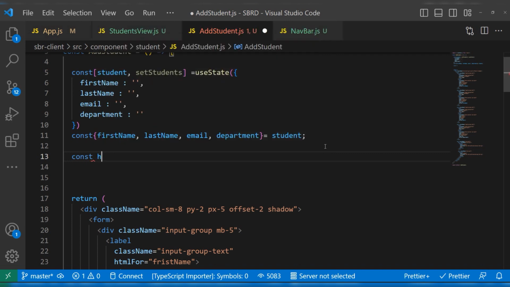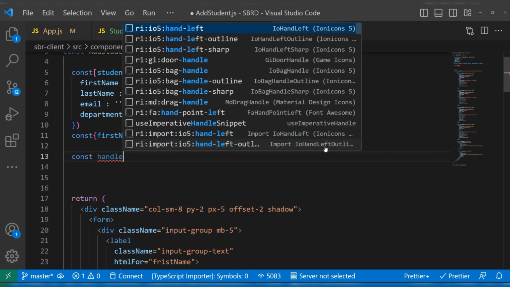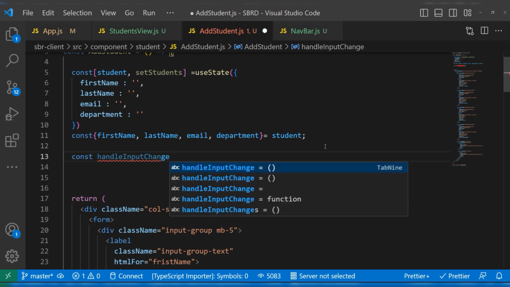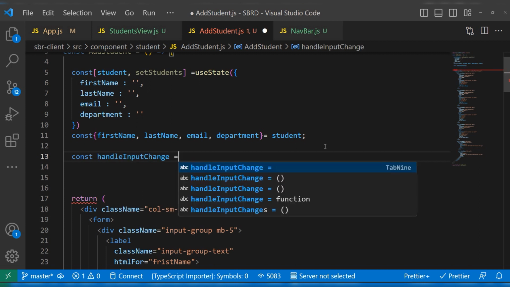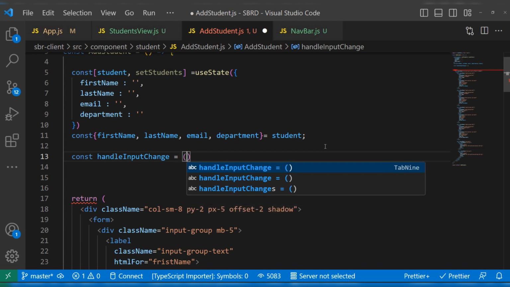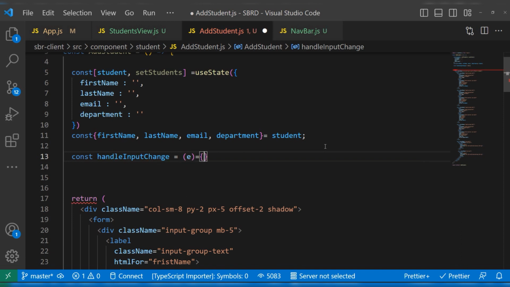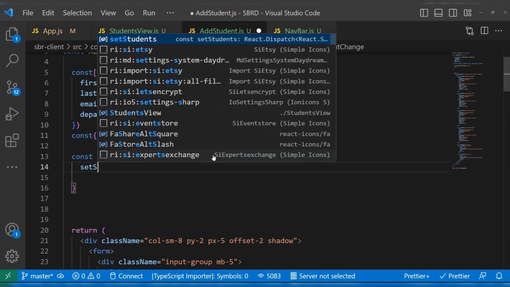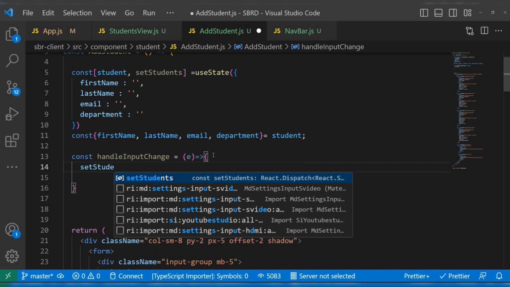So here we say handle, we're going to call this one handle input change, right? So we're going to set this to a function like so, and we're just going to return this. Sorry, my system is freezing. Okay, so now what we're going to do here is to actually use the set student method to update the state of this